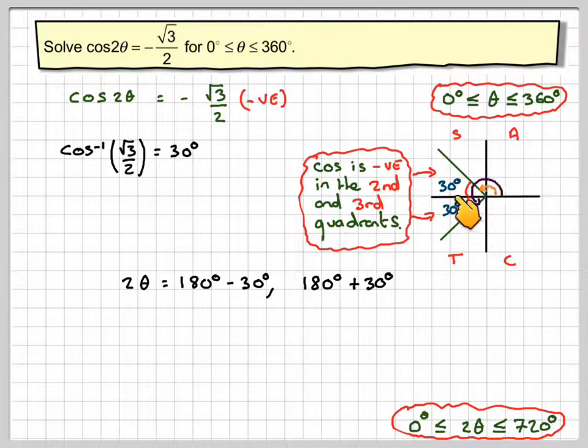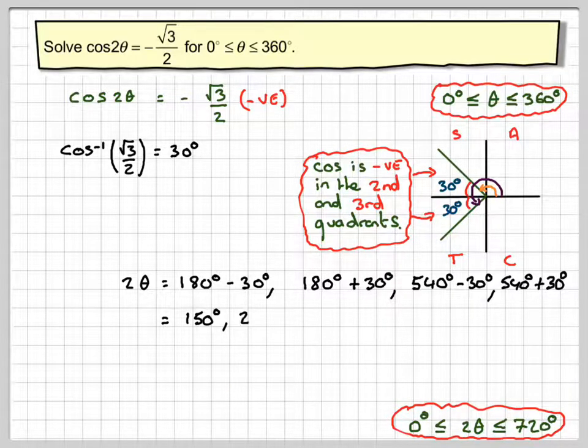So going around again here, this point here is 540. Let's start again. 0, 180, 270, 360. Going around again to here will give me 540. So that's 360 plus 180. So the other angles I get by doing 540 minus 30 and then 540 plus 30. So that's going to give me that 2 theta is 150, 210, then 540 minus 30 is 510, and 540 plus 30 is